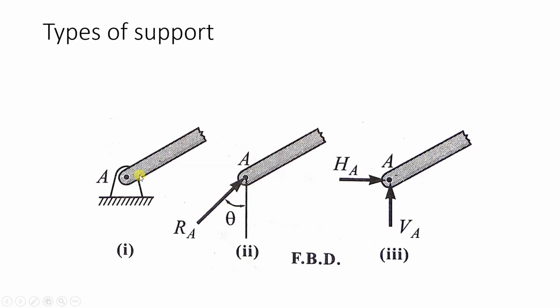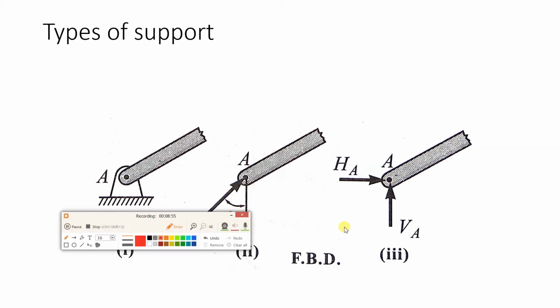Now suppose here we have a hinge. So we have to show two reactions, right? A vertical reaction at point A and a horizontal reaction at point A. Now don't worry about the direction, whether HA will be towards the right or towards the left, whether it will be vertically upward or downward, that we will see later on. But suppose HA is towards the right and VA is in the upward direction, so the net resultant reaction will be angular, right? So this net reaction will be RA.